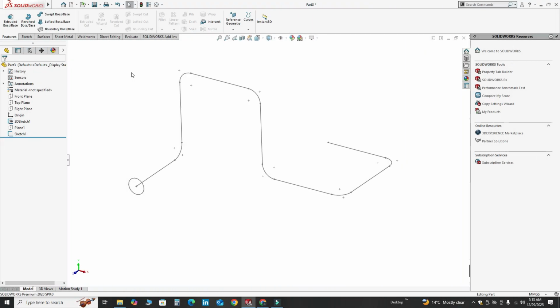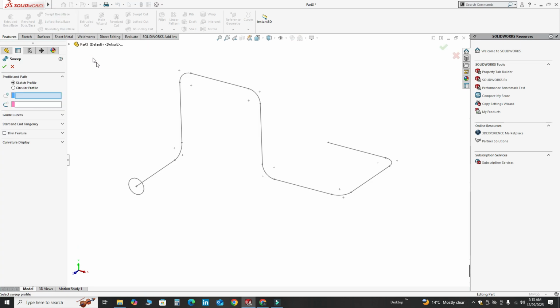So let's go to here, swept boss. And here you can see I have two options. Sketch profile, I have already created this profile, or circular profile. So if I am using SolidWorks version 2016 or newer, this circular profile option is available.